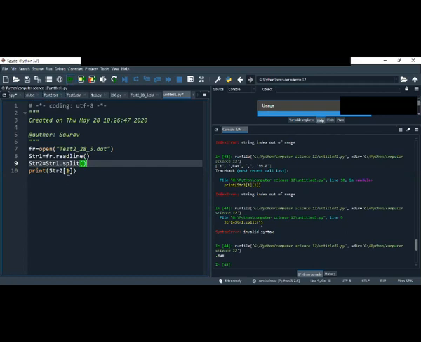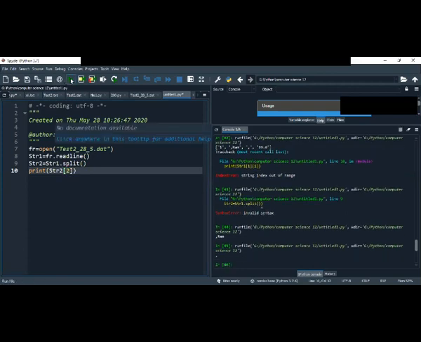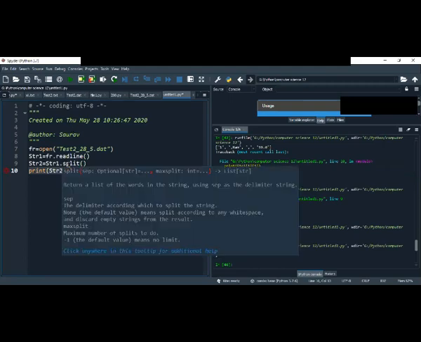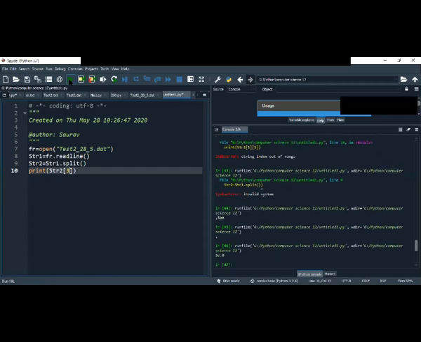Similarly, if I write 2 here, it will give me the comma. Why is it giving a comma? Now it is giving the name. So what is this?